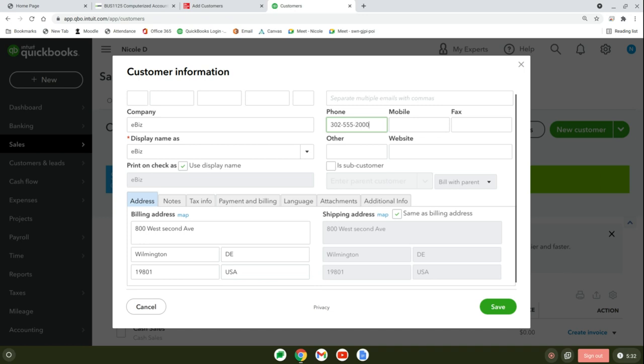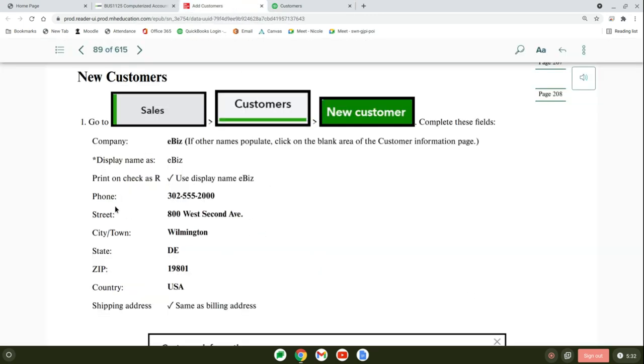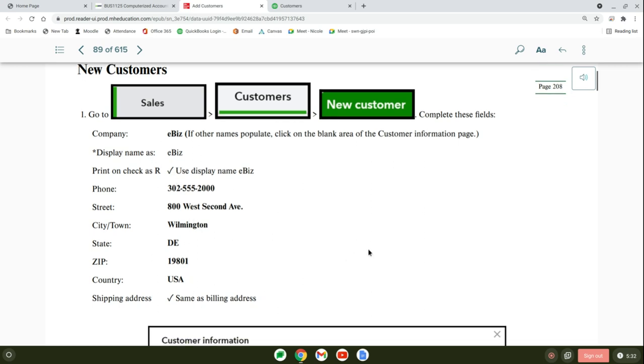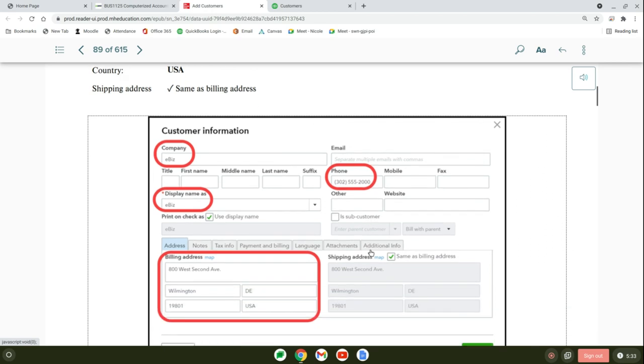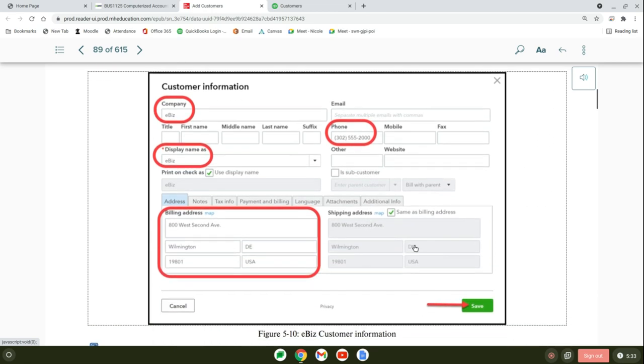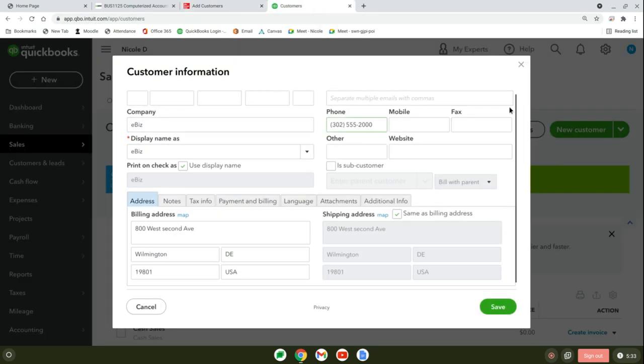This is not a sub customer. They say make sure you just have the same as billing address. Shipping address is the same as billing address, and then you click save. So let me get back to the book here and make sure you see how it looks in the book. We inputted all of this if you followed along with me, and this is what the screen should look like, which mine just did. You're going to click save. I'm not going to click save because I already have eBiz